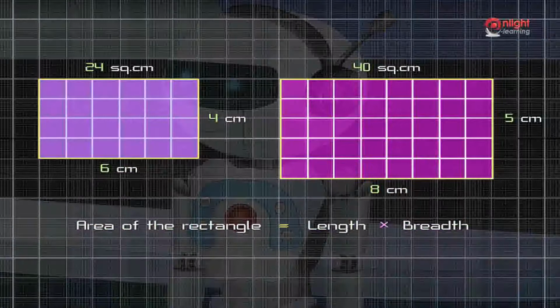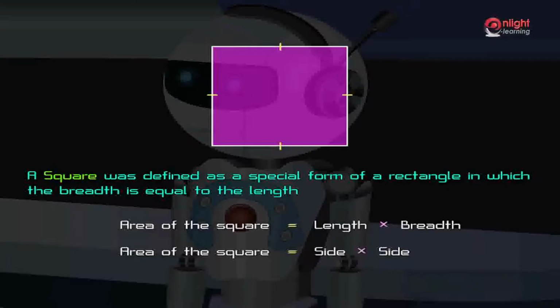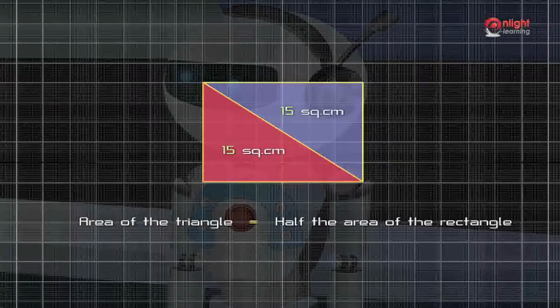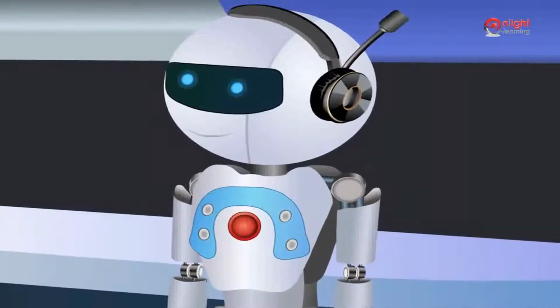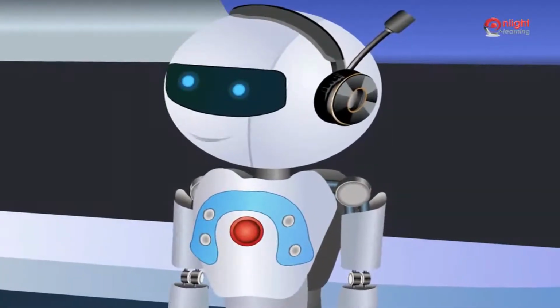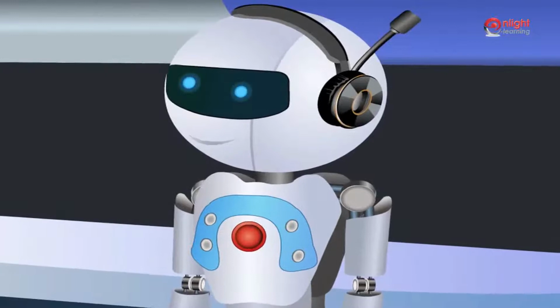In the previous classes, we learnt about areas of rectangle, square, and triangle. Area of a rectangle was found to be the product of the length and breadth of a rectangle. Area of a square was found to be equal to side multiplied by side of a square. Area of a triangle is found out by considering the triangle as half of a rectangle and thus finding the area. Many of the objects we encounter in our day-to-day lives mostly have the shapes of rectangle, triangle, and square.